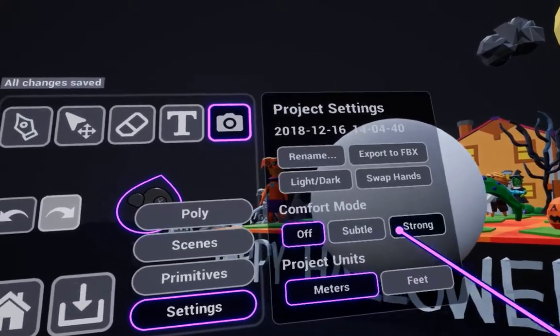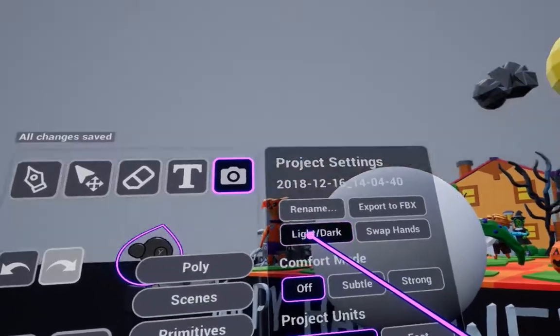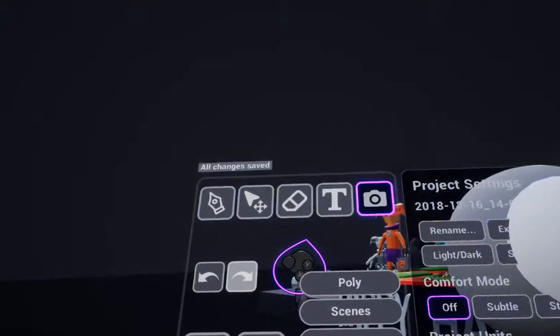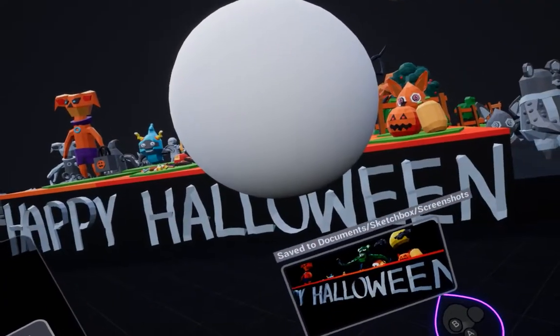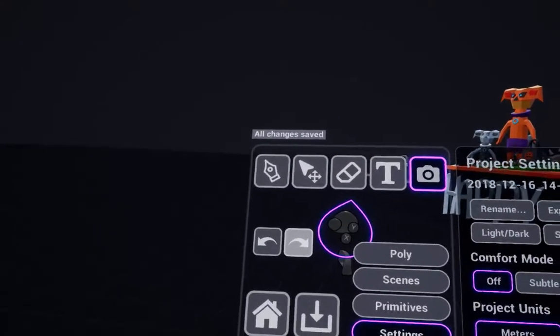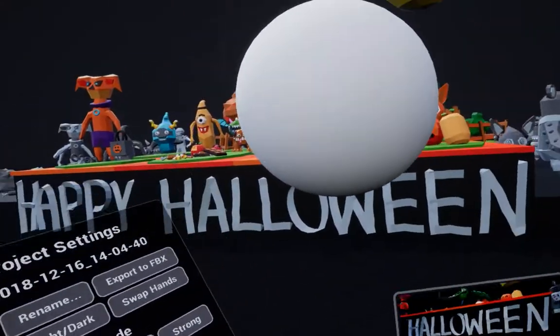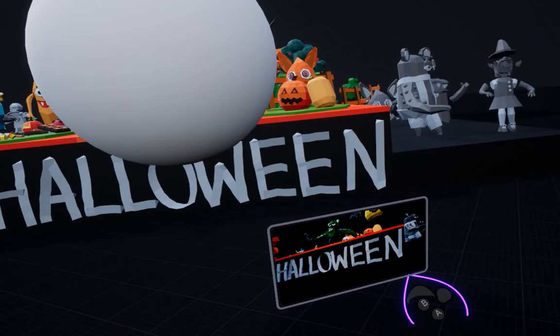you can change the environment. You can work with different things. So that's it for now, and that's Sketchbox. So I'm just gonna move